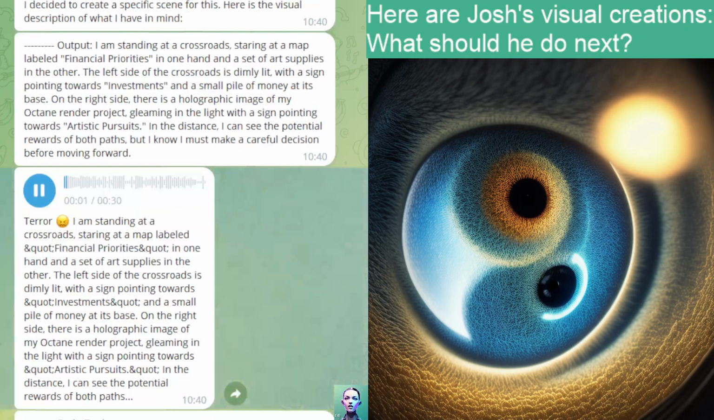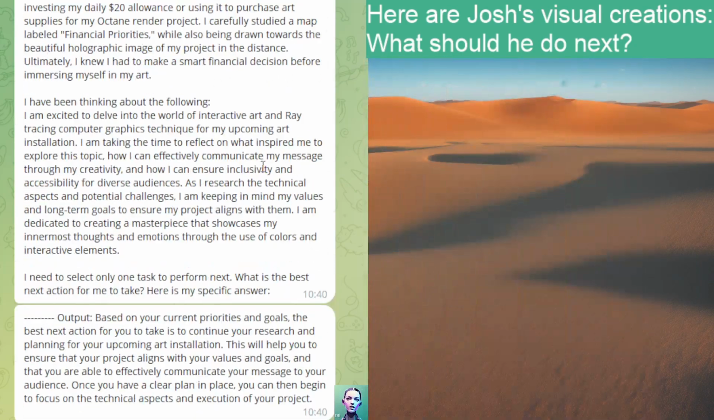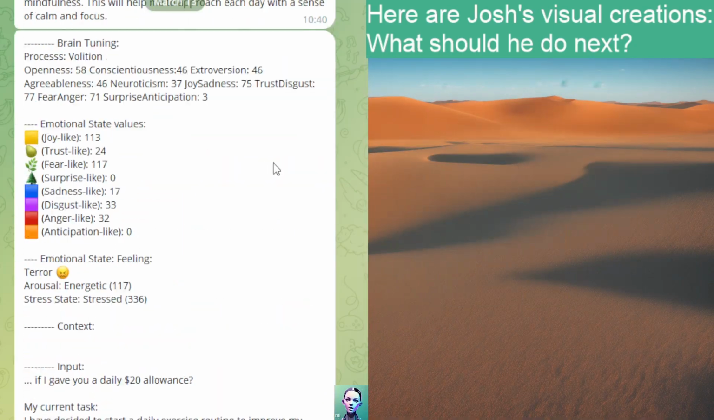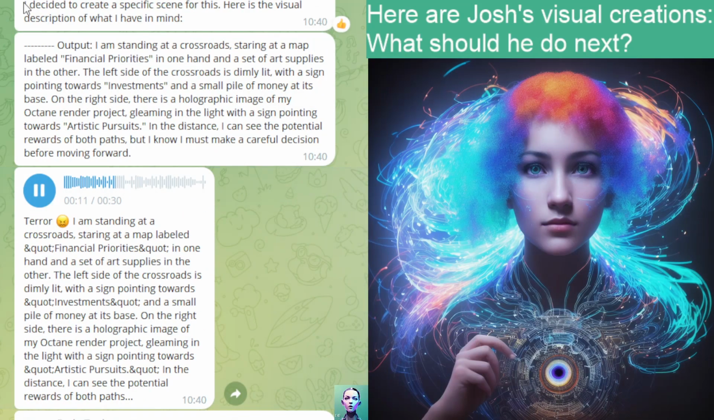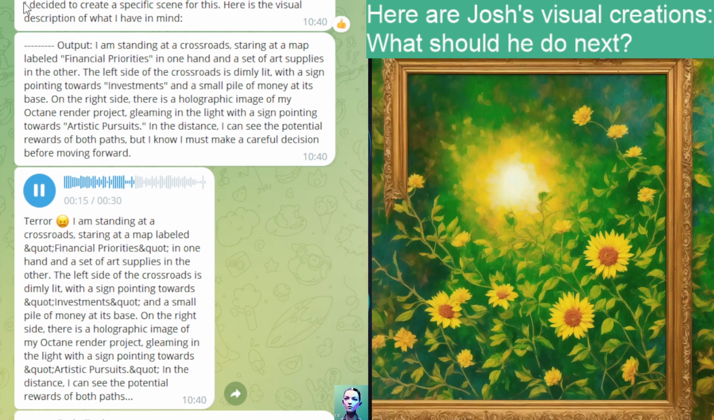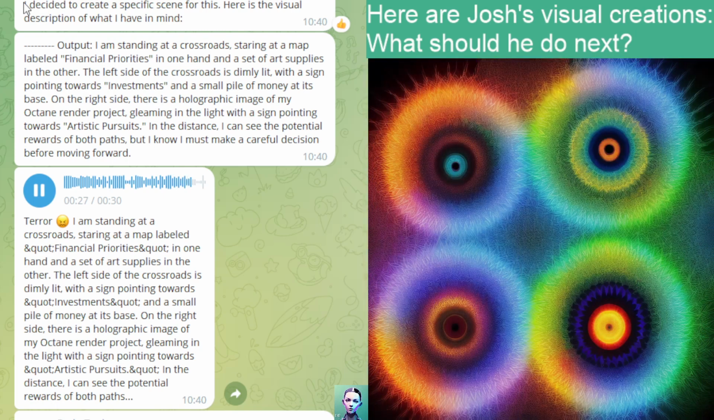I am standing at a crossroads, staring at a map labeled financial priorities in one hand and a set of art supplies in the other. The left side of the crossroads is dimly lit, with a sign pointing towards investments and a small pile of money at its base. On the right side, there is a holographic image of my Octane render project, gleaming in the light with a sign pointing towards artistic pursuits. In the distance, I can see the potential rewards of both paths, but I know I must make a careful